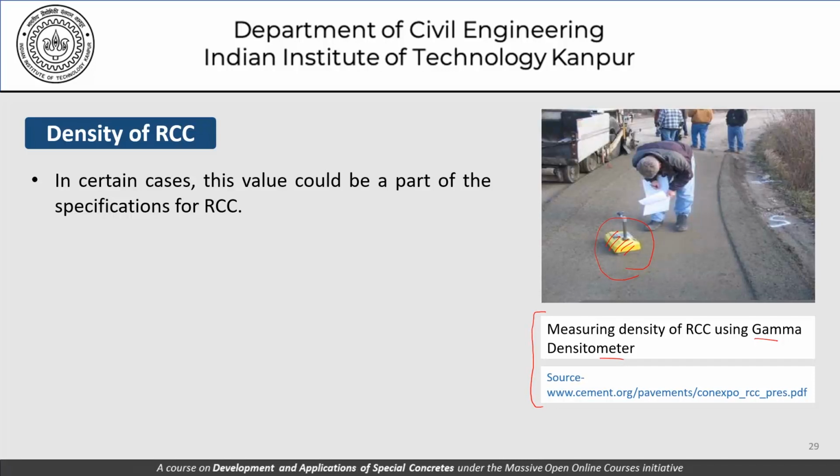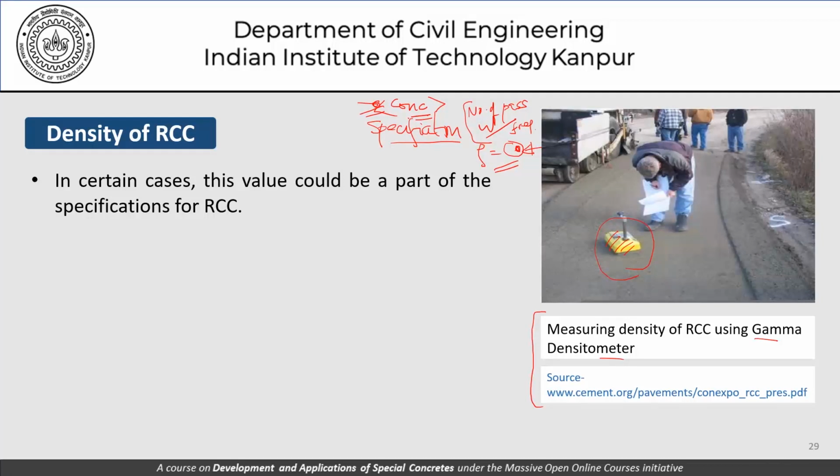that we can say that the concrete should be compacted to the extent that it gets a density of such and such, which means that we are not necessarily specifying the number of passes or the weight of the roller or the frequency of vibration. We are saying that we want a density here, and how it is achieved, when it is achieved, what kind of properties of concrete that we use here, that is also being more or less left out of that specification. Of course, as far as the properties of concrete are concerned, that's something which will be decided somewhere else and will play an important role.